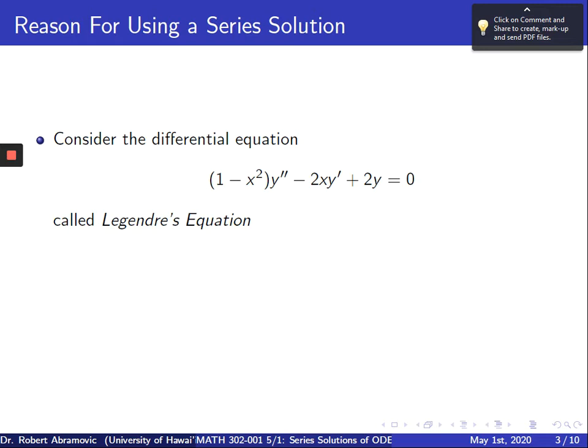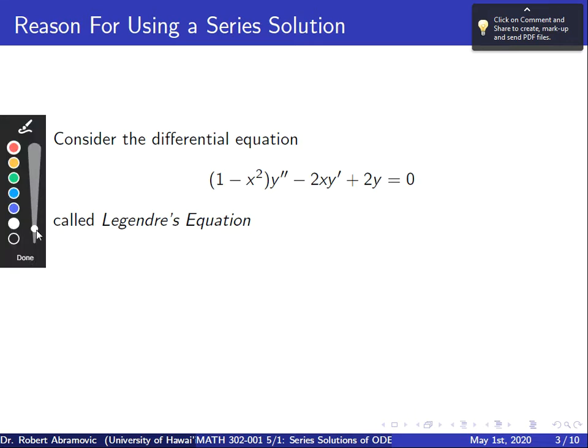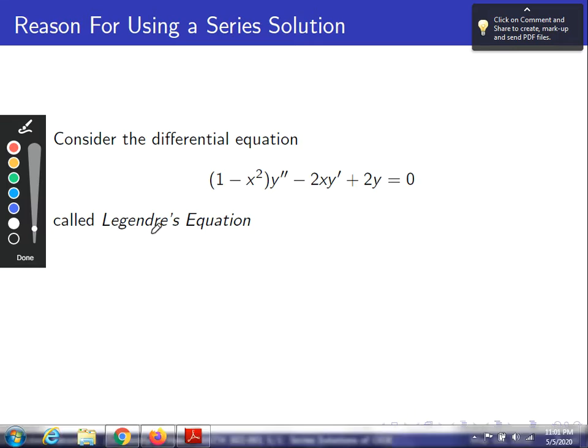So consider this differential equation, (1 minus x squared) y double prime minus 2x y prime plus 2y. This is called Legendre's equation, and it's important in math and physics because it appears when you solve the Laplacian. So if you're interested, you solve Laplace's equation,